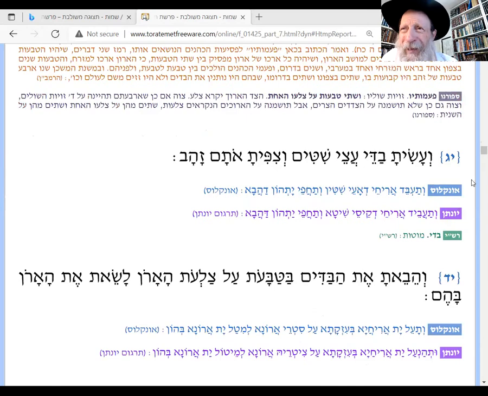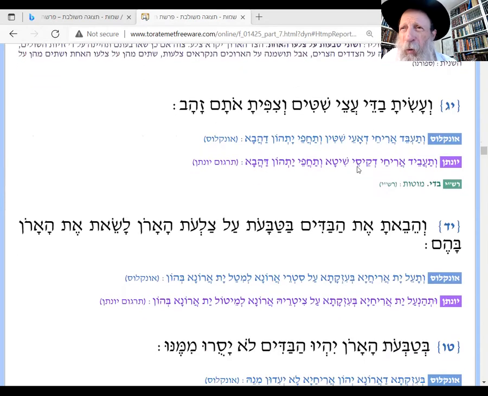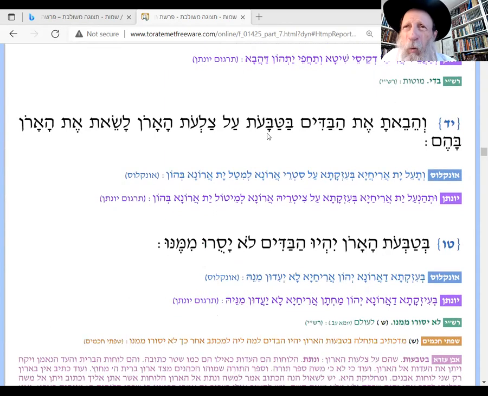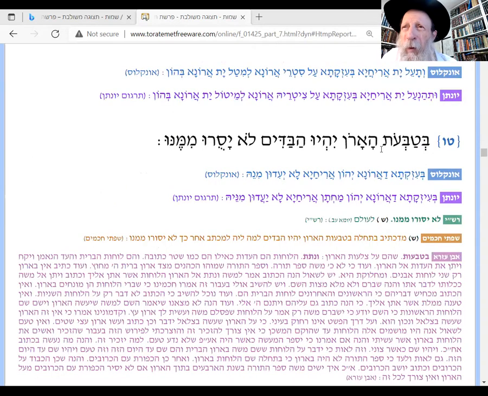You have to make poles, two poles of shittim wood, and cover them also with gold. And you put these poles into the sides of the ark in order to bear the ark. The rings of the ark should have these long poles in them, and they should never be removed, right? La'olam. Even when it's inside of the temple and you don't need to carry them anymore, nevertheless you don't move